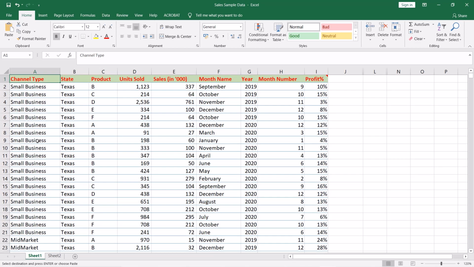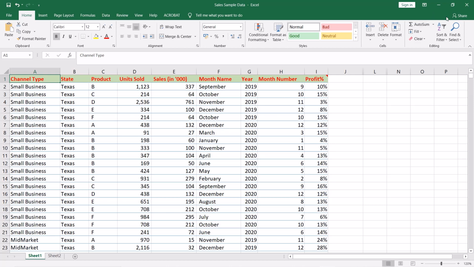But here we need to keep in mind two things. First thing, the number of columns must be the same across the sheets. Second thing, the data type of each column must be the same. Otherwise, you will end up with wrong analysis.